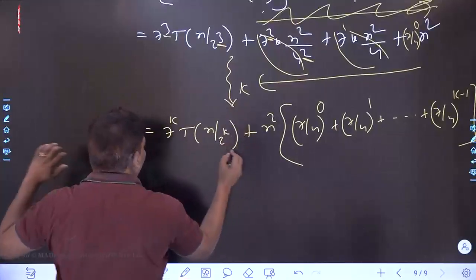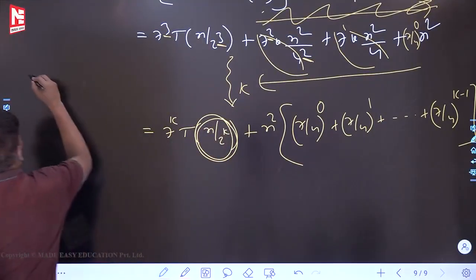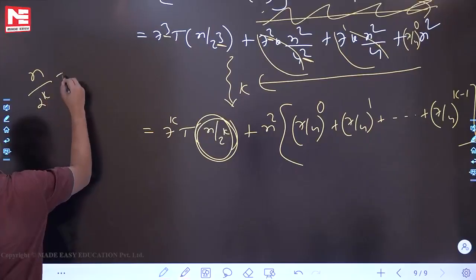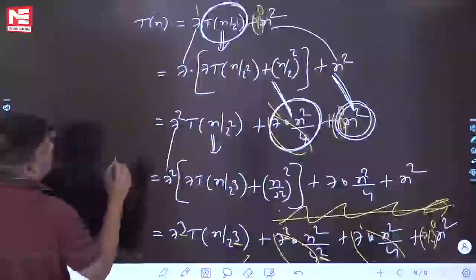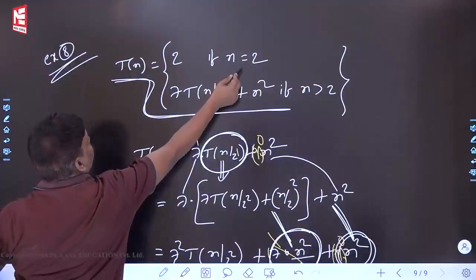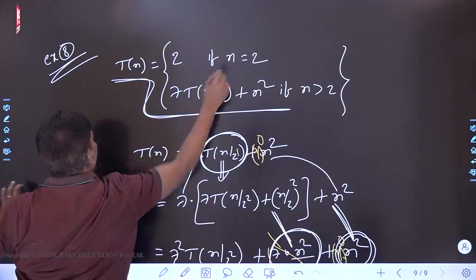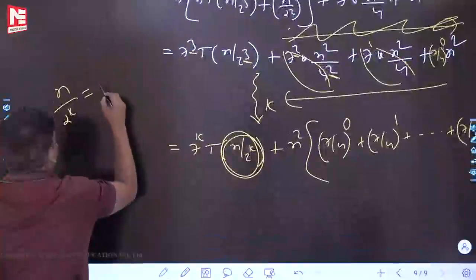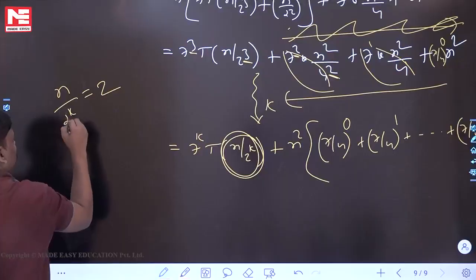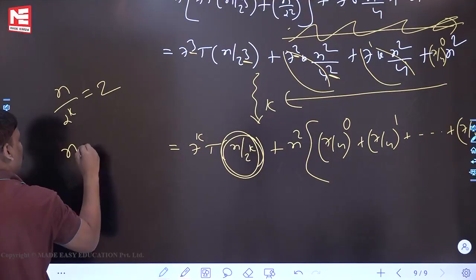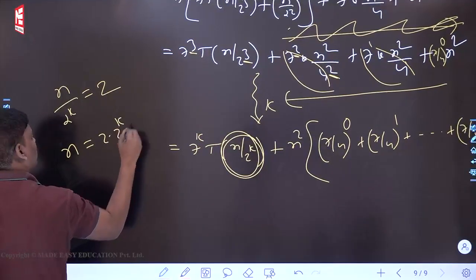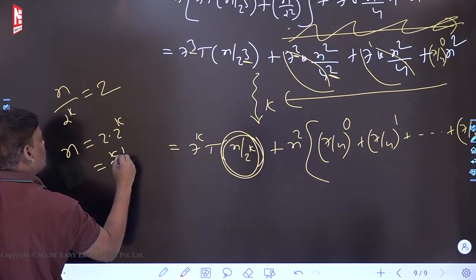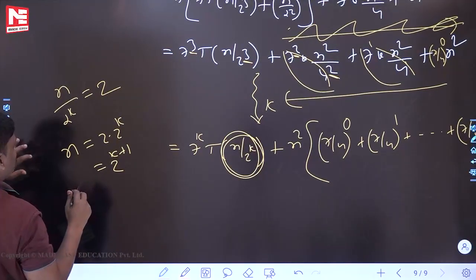Let's find out the k value. How to find it? Same way. n/2^k is equal to whatever the termination is. What is the termination in the problem? n is equal to 2. Termination is 2. This will become n/2^k is equal to 2. It will become n is equal to 2 into 2^k, so 2^(k+1). If you simplify this,